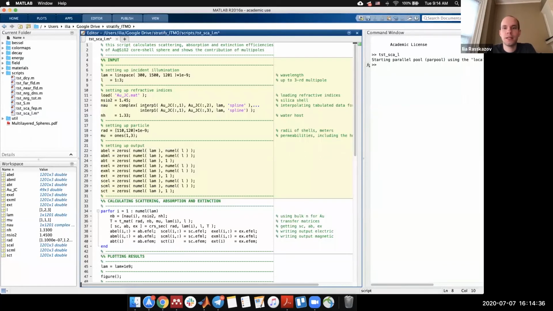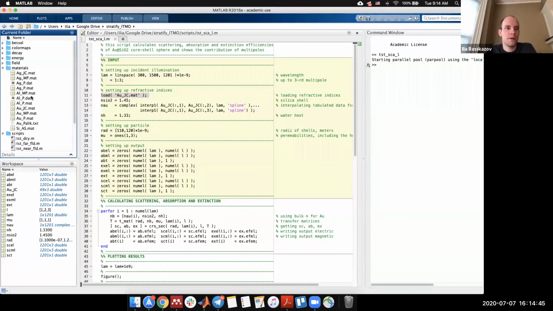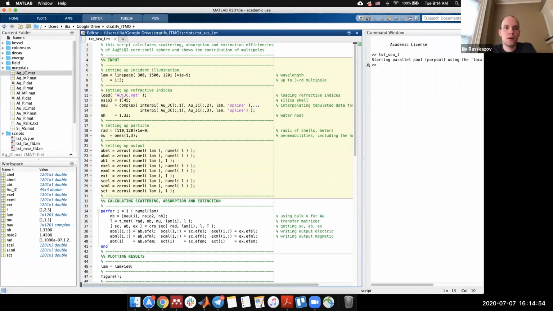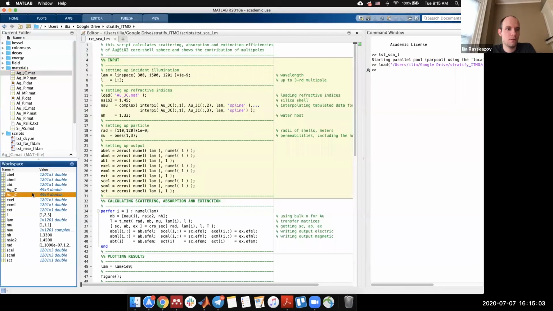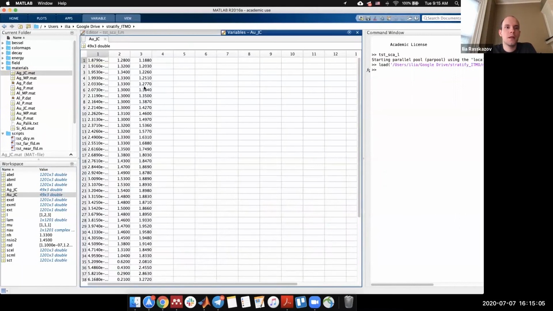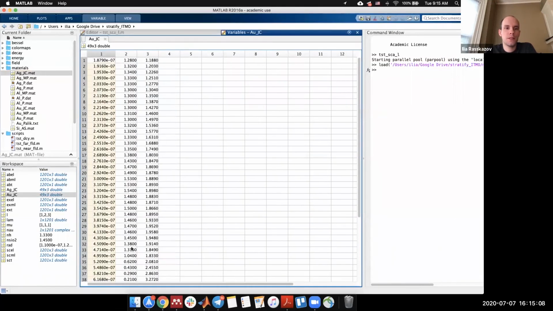Then to set up the particle, what I'm doing here is loading the refractive indices for gold. They're here. So Aurum, Johnson, and Christy. Okay, that is here. I'm loading this data file from my folder. Aurum, Johnson, and Christy. So this file